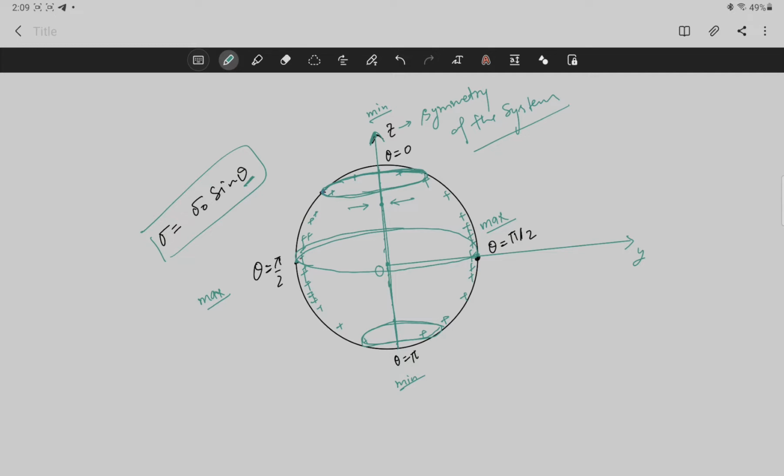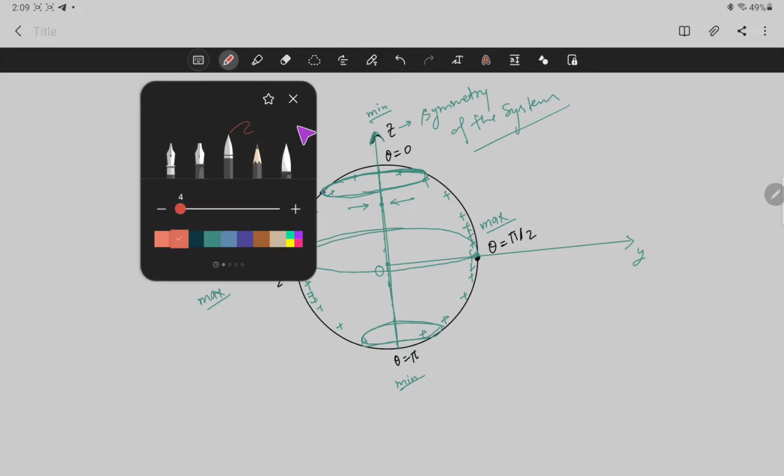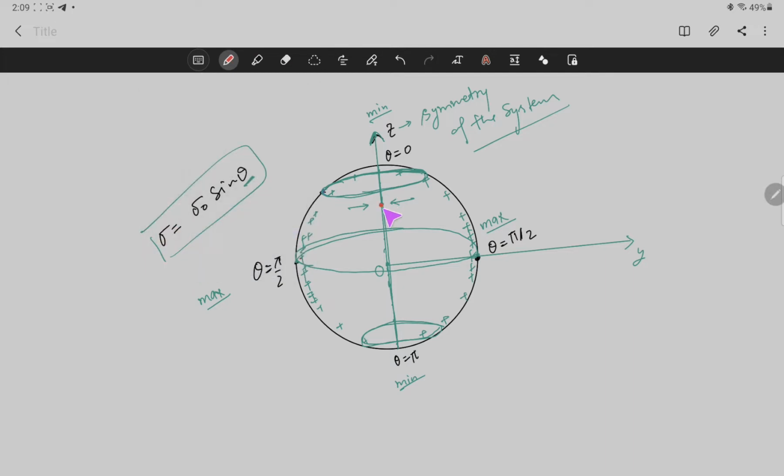But if you deviate from this z-axis, so suppose you move to the left side, you have a unit charge here and you move this unit charge in this direction. In that case you are moving away from the symmetry. If you move away from the symmetry, the electric field will not be zero. Why? Let us see. This is a point of maximum charge density and this is also a point of maximum charge density. This is a minimum point, and these are points of minimum charge density. So if you are moving in this direction, what will happen?